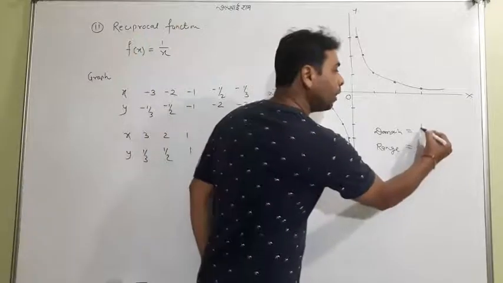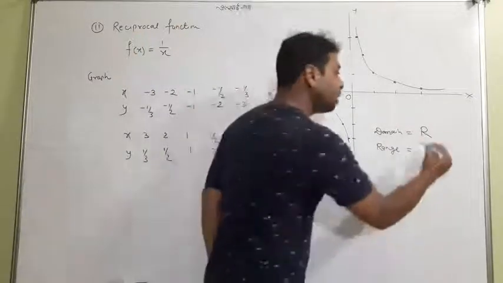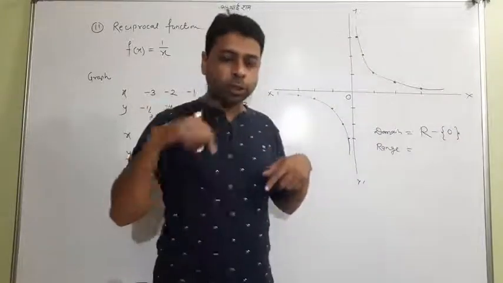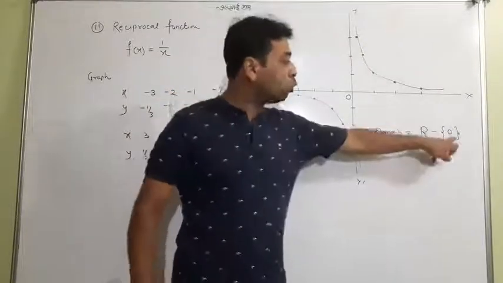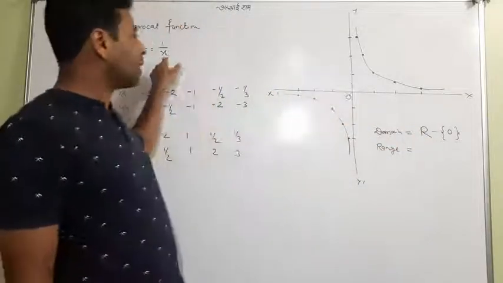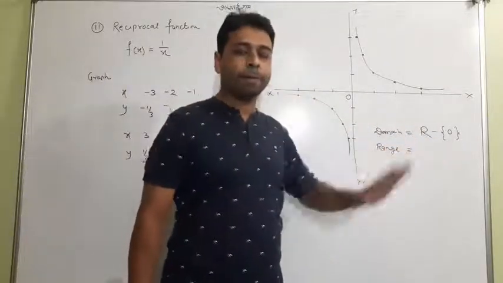So all the real numbers, meaning R except 0, meaning minus 0 in a set. In a set you just put 0, meaning excluding 0. You can put all the real numbers instead of x. So it is called a domain.